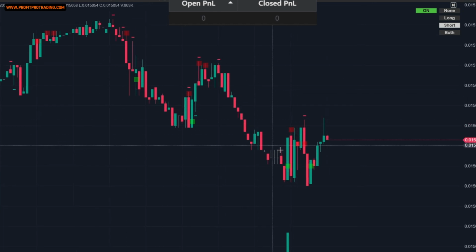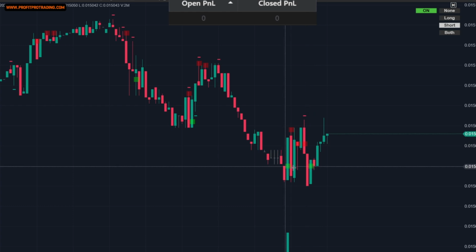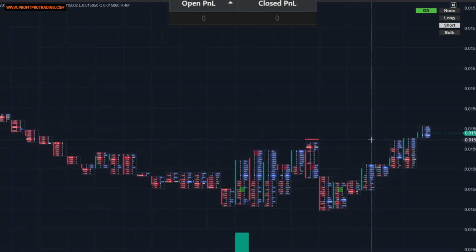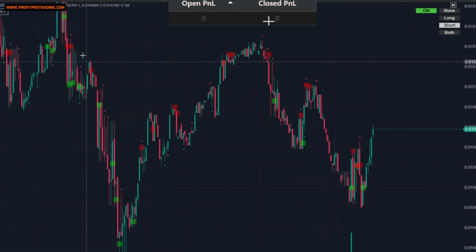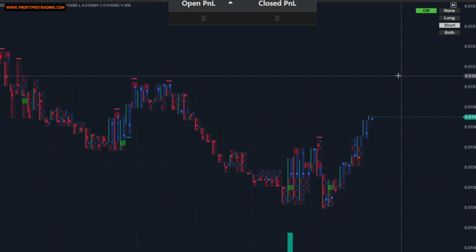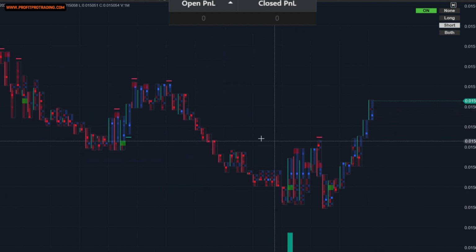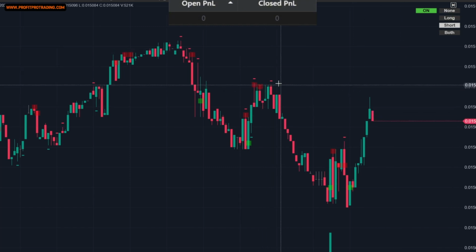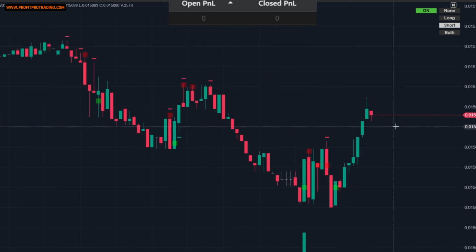So the strategy settings, I have them set quite strict. I don't want trades every bar. If I wanted to, I could really reduce the volume levels and the ratio to get really frequent signals, but that's not what I want. I'm also using a risk reward ratio of 1.1, so my wins are going to be slightly bigger than my losses, and that's just due to the fees that the exchanges have. So on every trade you pay fees, and there's that little bit of a loss,